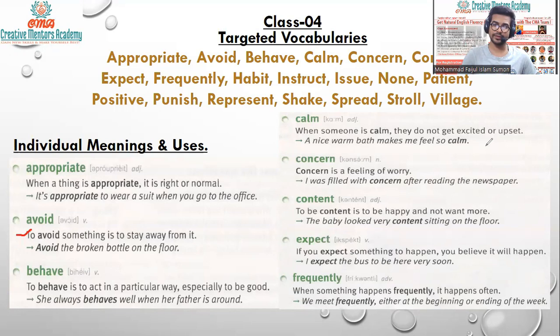Either at the beginning of the week or the end of the week, either at the start of the month or the end of the month. So you can make other kinds of sentences. Please do it, because it will work. It will push you to level up, I mean your level, or stage, okay? So